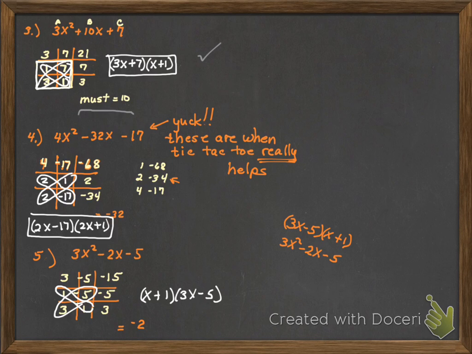Now, greatest common factor between 3 and 7 is 1. The greatest common factor between 3 and 3 is 3. So now you can just say, these will be blank. What times 1 is equal to 7? 7. What times 3 is equal to 3? 1. And I just fill in the